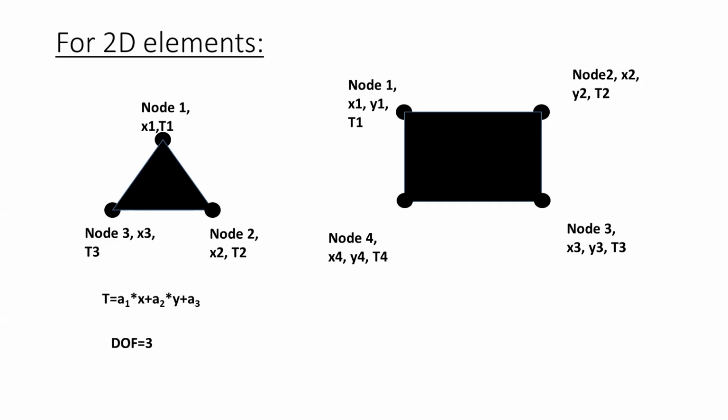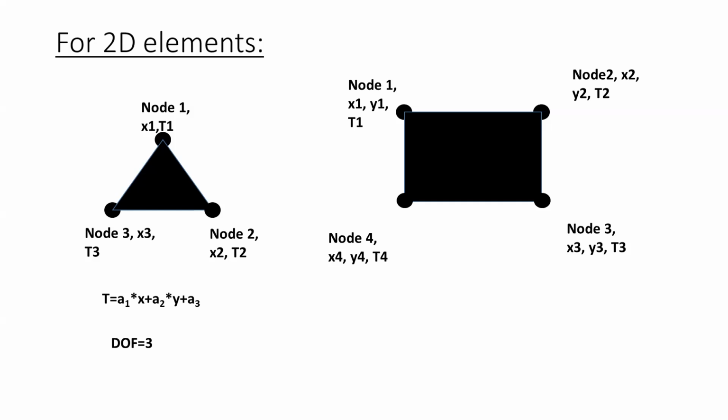Similarly, we have a 4-sided quadrilateral element also. Please notice that in this particular case the sides of the quadrilateral happen to be straight. Therefore, this quadrilateral more or less appears to be like a rectangle. It could also be a square, but if we have more nodes in this element, then the sides are not going to be straight, they are going to be in fact curved. This we are going to see in the next slide.